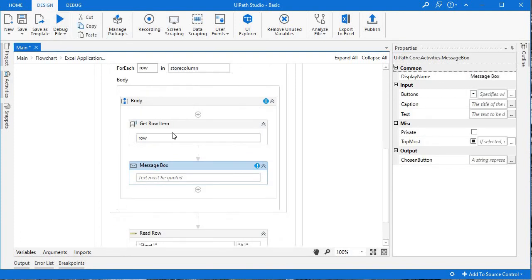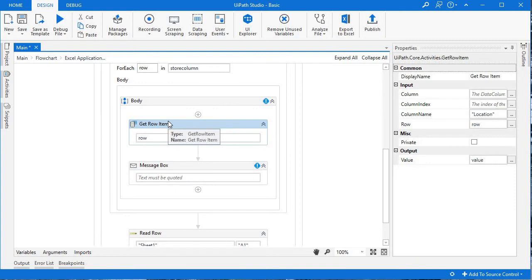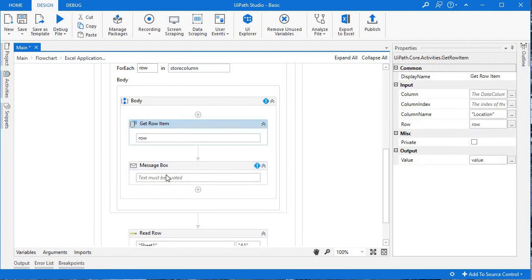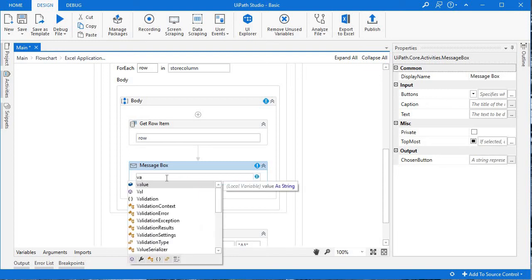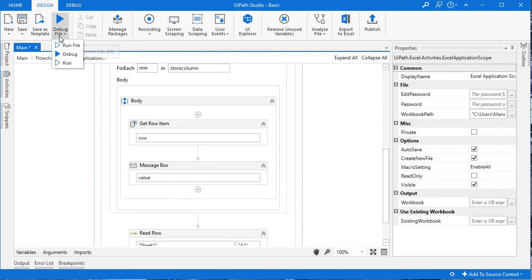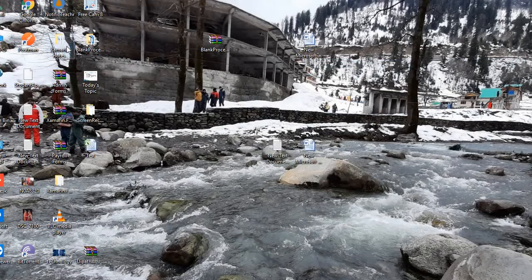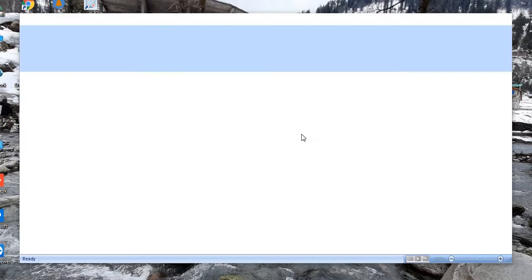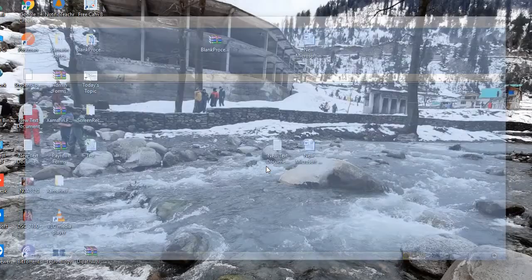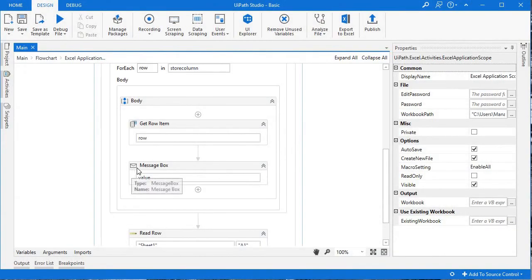To display the result, here I have used message box. Quickly running it. It's giving the first location, like this.